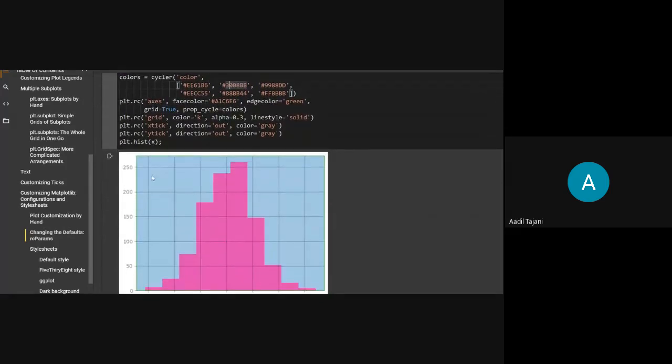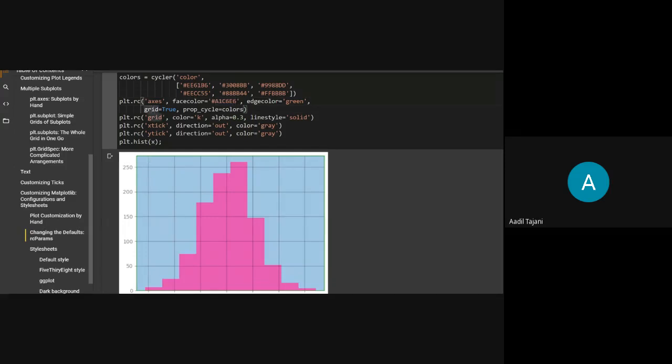Okay, face color is the box that you see here. As you can see here, blue. I mentioned the hex value for that blue color, and it has changed the face color from white to blue. Edge color is the color of the edges of the box, the axes.